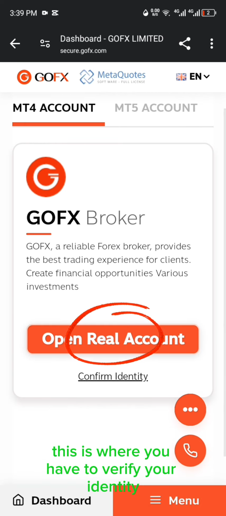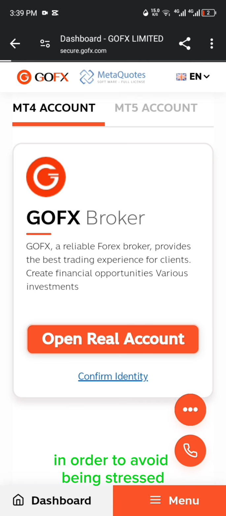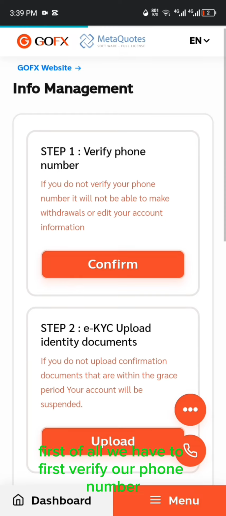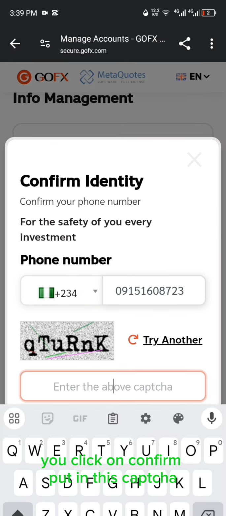This is where you have to verify your identity. I'll be showing you how you should do it in order to avoid being stressed in verifying your identity. First of all, we have to first verify our phone number. You click on confirm, put in this